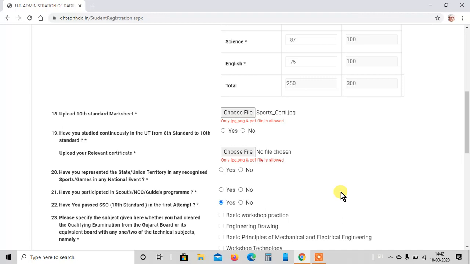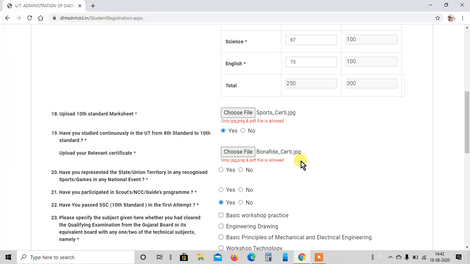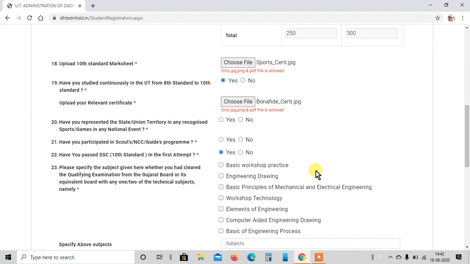Have you studied continuously in UT from 8th standard to 10th standard? If yes, then you need to insert your appropriate certificate given to you by the school authorities. Have you represented state or union territory in any recognized sports game in any national event?